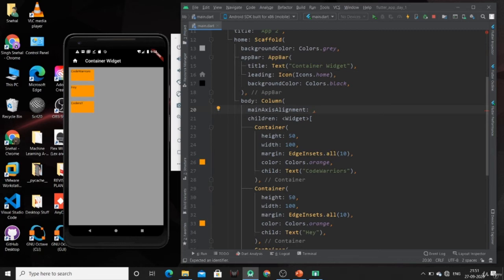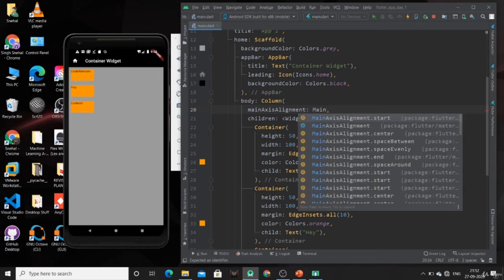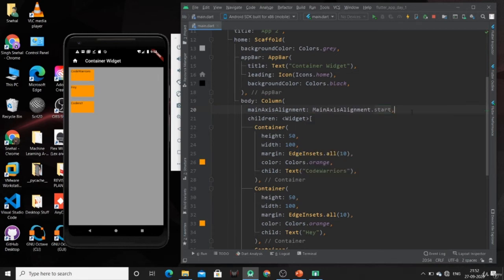Similarly, for a row, main axis alignment is horizontal direction and cross axis alignment is vertical direction. So we can specify the position of the main axis alignment and cross axis alignment. So here I am using this start position. That means the container should be at start position. So just hit Control and S.